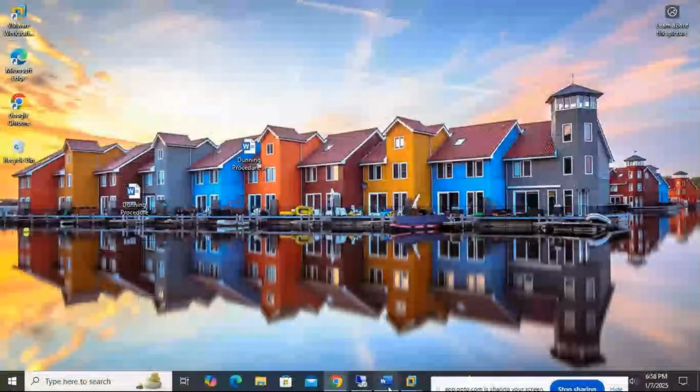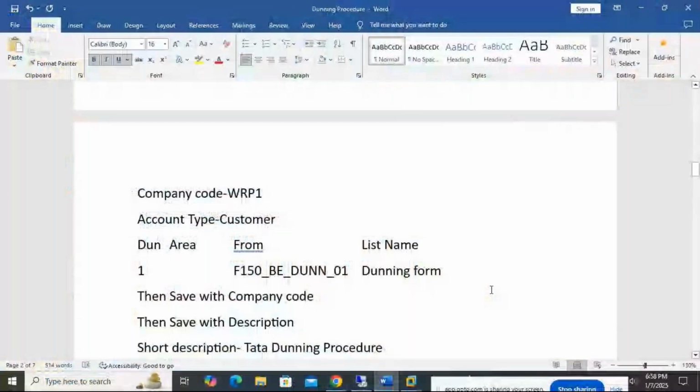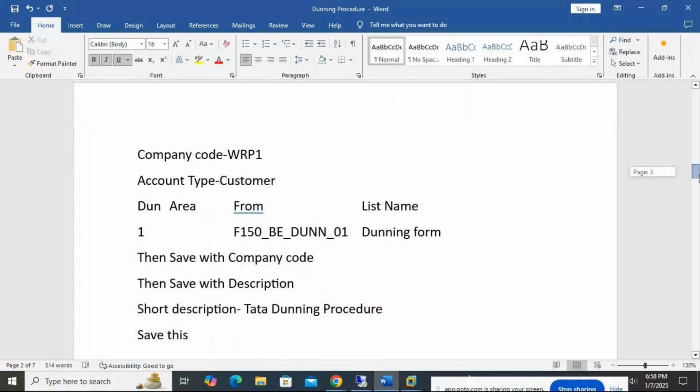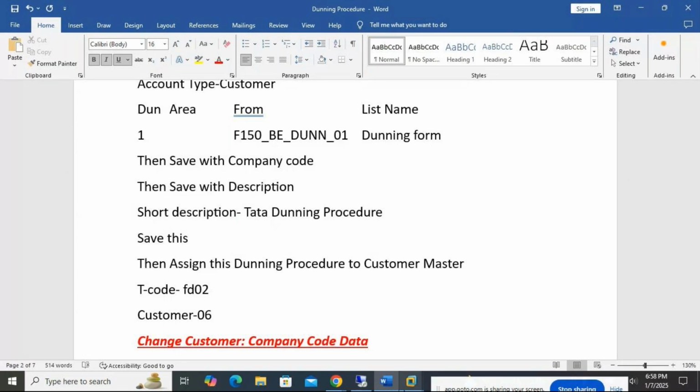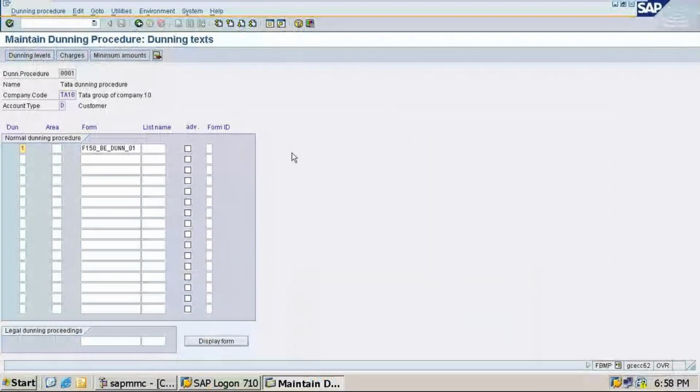So here Dunning form has been done. Then save the company code and save the description, short description, Tata Dunning procedure. So once you are done, Control S, press enter, Tata Dunning procedure.